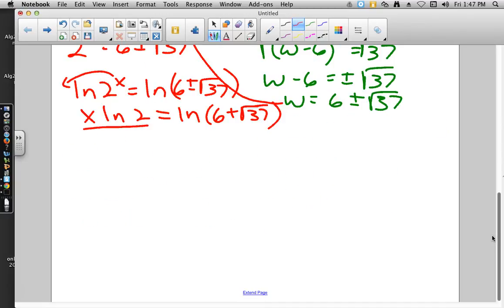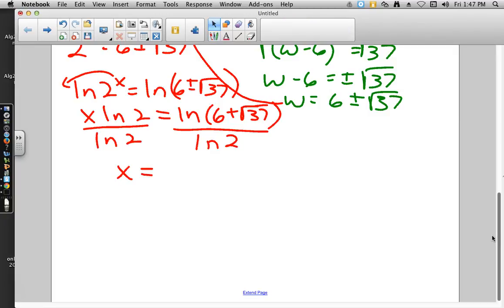And then we go ahead and divide both sides by the natural log of 2, and this just becomes something you very carefully punch in. If you want to punch it in all at once, then you're going to need those extra parentheses when you punch it in. So do that very carefully, and that will come out to approximately, so x is approximately 3.5949